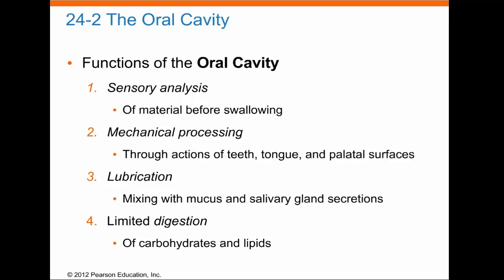So if we move from the oral cavity to the anus, we'll look at what's actually happening in each of these cavities. So we have the sensory analysis of material before swallowing, so that we don't want to be swallowing sharp bits with prickle bits or bits that we know that we don't like the taste of. Then we've got the mechanical processing through the actions of the teeth and the tongue and the palate. Then we've got lubrication, mixing with mucus and salivary secretions, and there's limited digestion, being of carbohydrates and lipids in